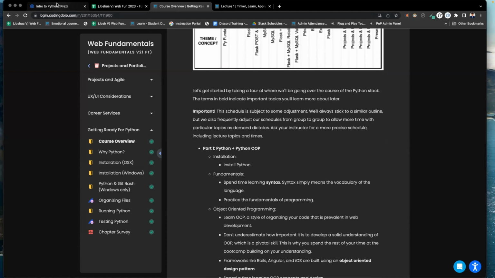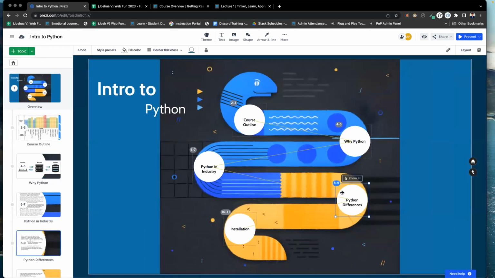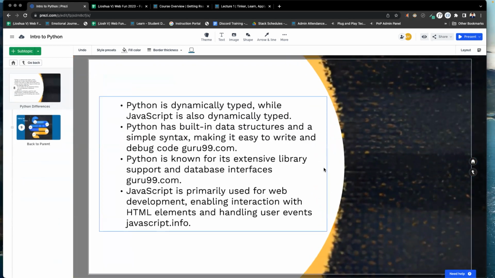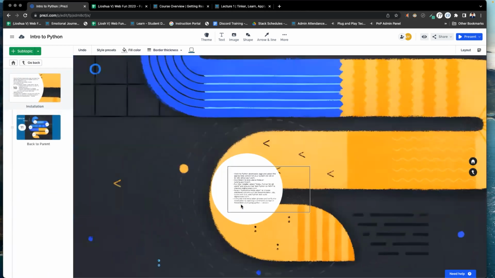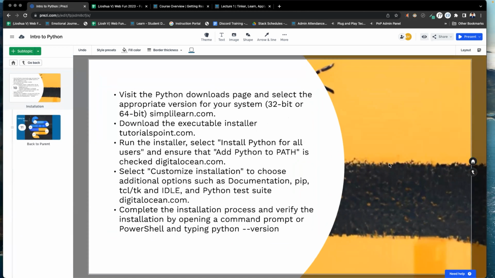We are going to get to installing it. So let's see the rest of the slides here. I wrote another slide to see the differences between Python and JavaScript. Python is dynamically typed while JavaScript is also dynamically typed, so that's the same. There are data structures in Python. Python is known for its extensive library support for databases. And JavaScript is used for web development mostly. Every website you visit will be HTML, CSS, and JavaScript. It's not going to be Python. So Python is a backend language, a language interpreter that